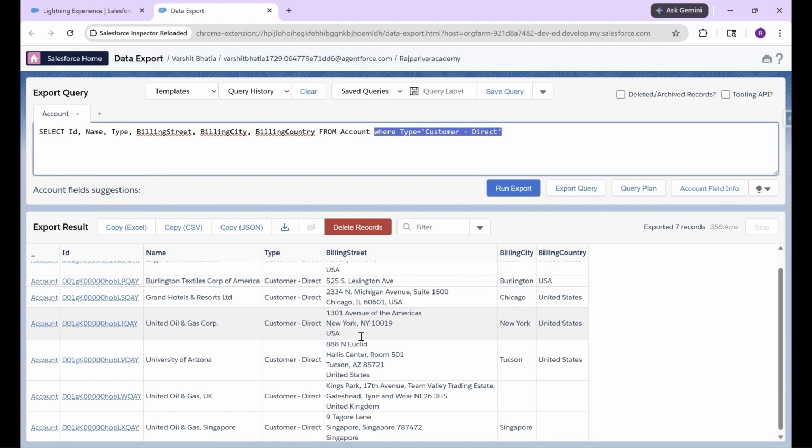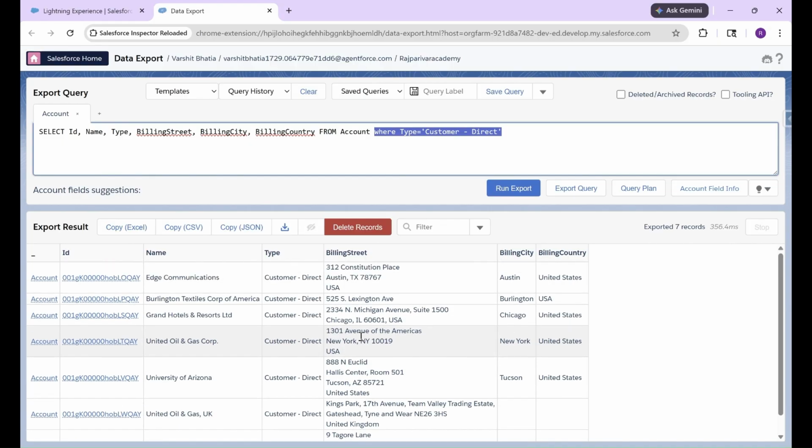So maybe, now the name. You can see the name. First is Edge Communication. Second is Burlington Textiles Corp of America. Third is Grand Hotel and Restaurants Limited. So you see, this is not arranged in any fashion. Now, what if I arrange the records in alphabetical order of the name? So I need to do